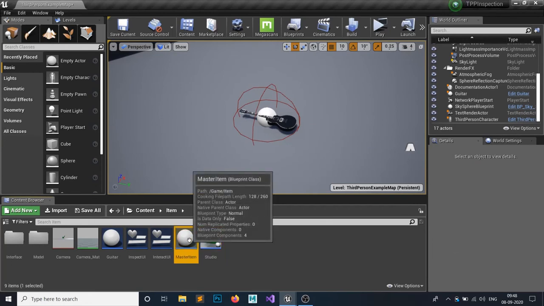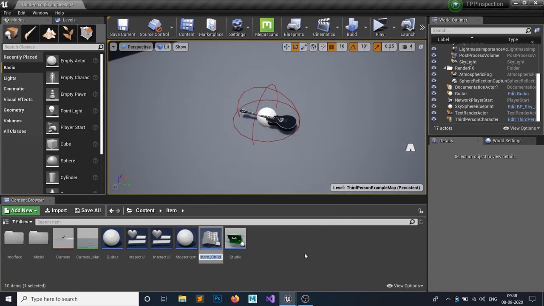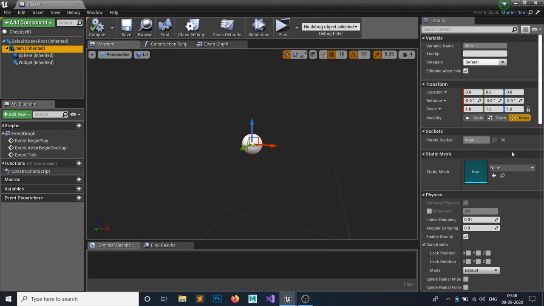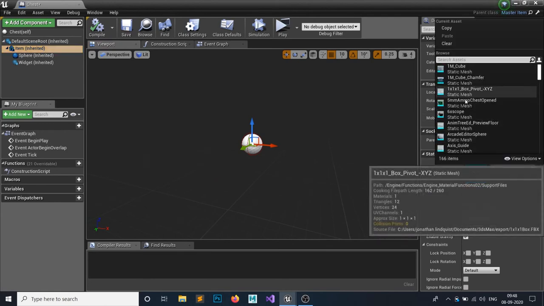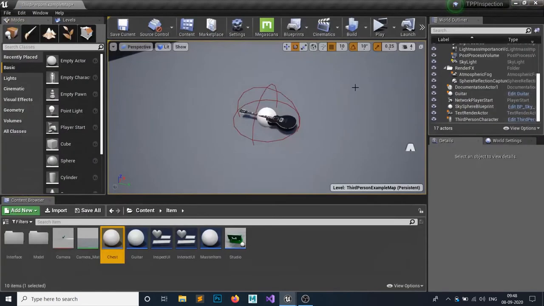So just click on this master item, right click and create a child blueprint, and we're gonna call this chest. So open this chest, and on your item inherited, let's add a chest called 5mm ammo chest, and it's a bit too tiny, so make the scale 3 on your child blueprint.